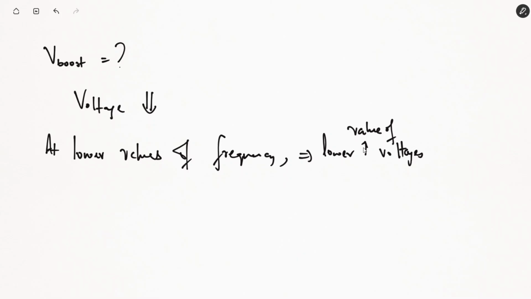At lower values of frequency, simultaneously, that means at lower values of voltage, the current will increase drastically. आपका जो स्टेटर कॉपर लॉसेस है वो सिस्टम में ज़्यादा होंगे, आपकी जो सिस्टम होगी वो ज़्यादा हीट अप हो जाएगा. There is a chance of the system might burn, आपकी जो मशीन है वो बर्न आउट हो जाएगी. Even आपका जो वाइंडिंग्स है वो जल जाएंगी, आपका जो speed that might fall to zero suddenly.